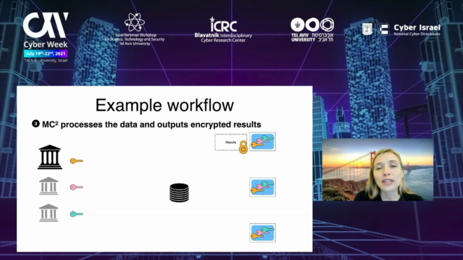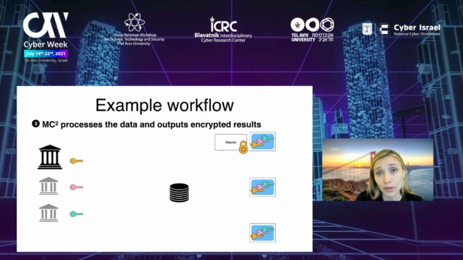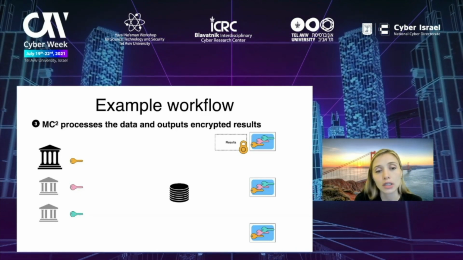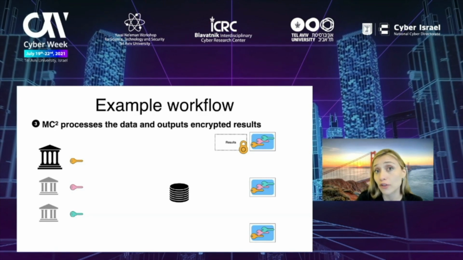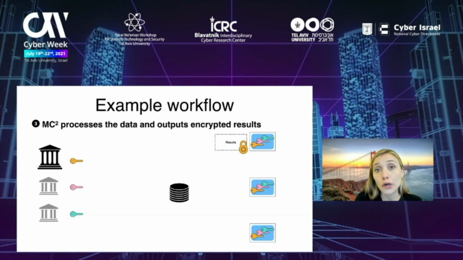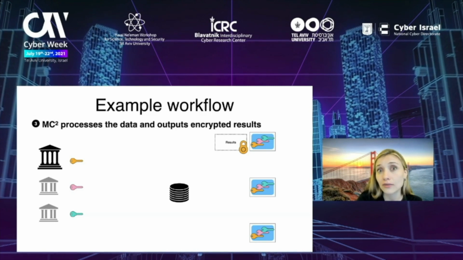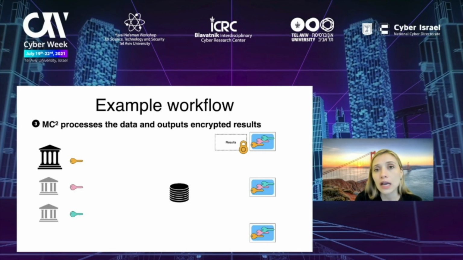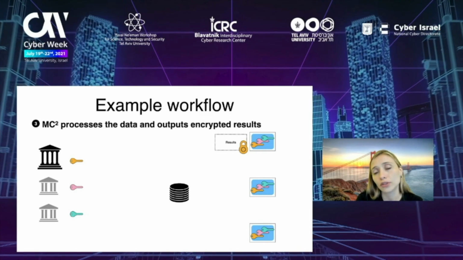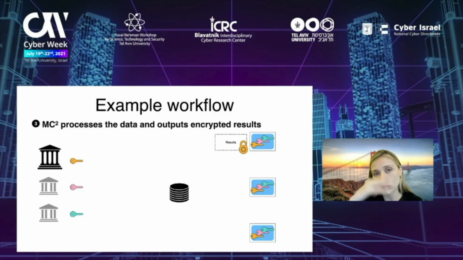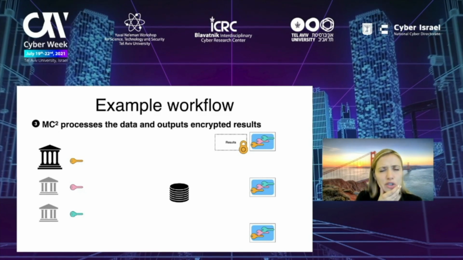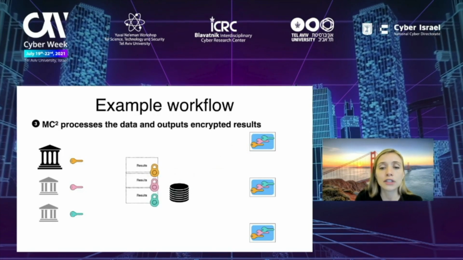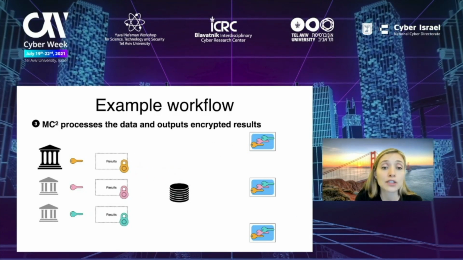So now, what happens if we have multiple banks that want to collaborate with each other? It's very similar. The banks each are going to have their own key. They each are going to verify the deployment of enclaves in the cloud and send their encrypted data with their encrypted key, so the enclaves can compute on the data from all the banks and compute some aggregate results, for example, suspicious anti-money launderers. And then these results are encrypted under everyone's keys and returned to the banks, who can enjoy the results.